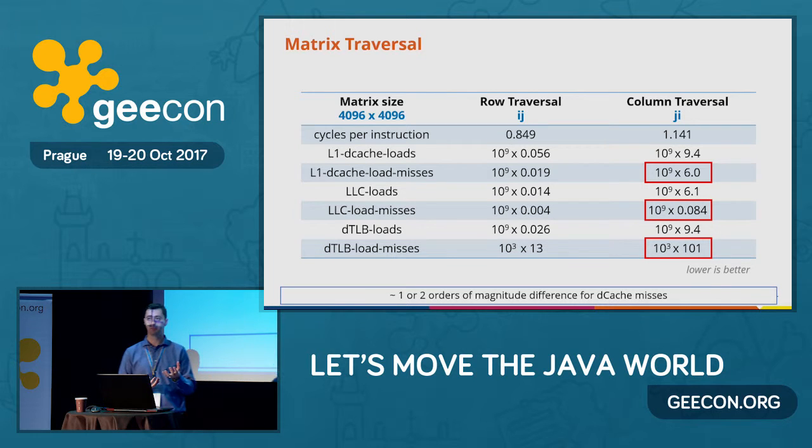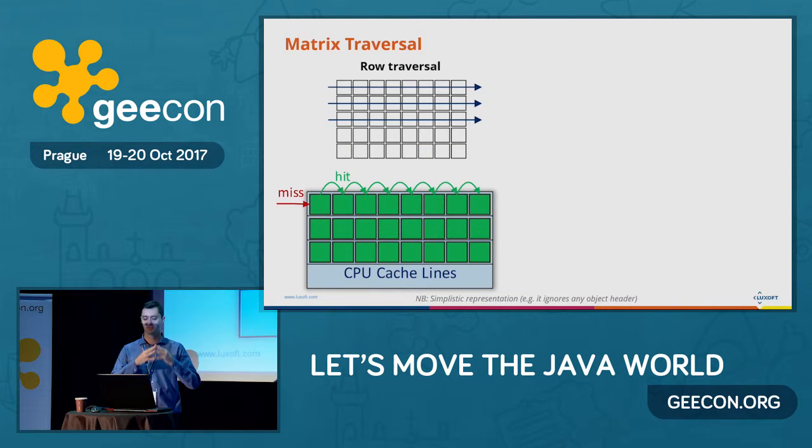So we need to get back and make a parallel with the theory, why it really happens. Because it might be an answer to the question of why the throughput is lower, but still we don't have the big picture. So let's go even deeper into the hardware and see how it goes. Let's suppose we have the first case with a row matrix traversal. In this row traversal, when you hit the first element, there is a miss for sure, because the thread which requests the first element doesn't have it in its local cache. But once you request it, it is retrieved from the main memory and laid out in the